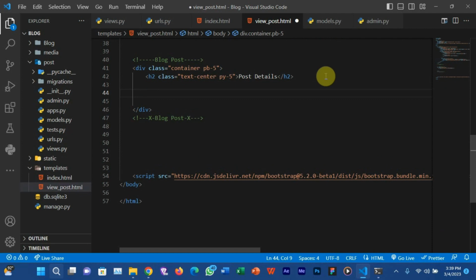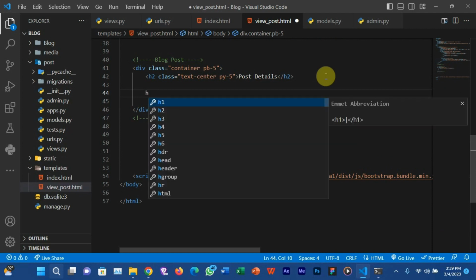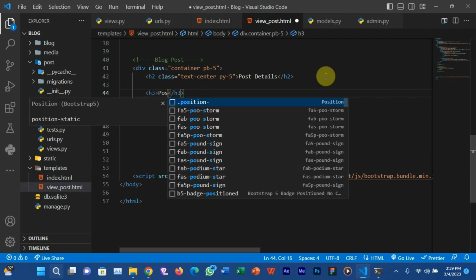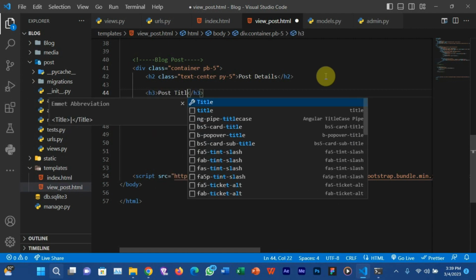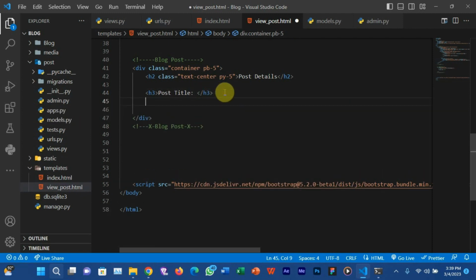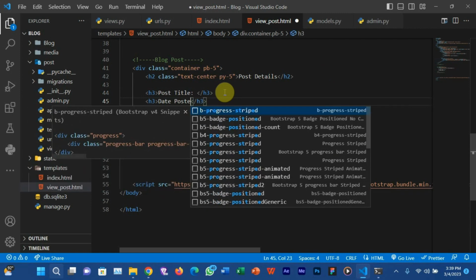Inside this post details, let me just do an H1, H3, sorry. So post title. Here you just pass in the title of the post, and then H3 again, date posted.